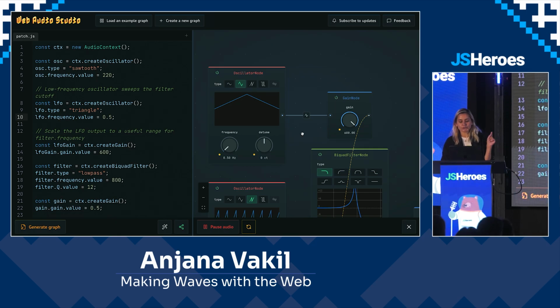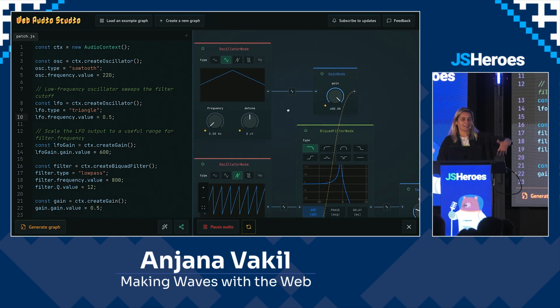So what we're going to first do is scale up the amplitude of this signal with a gain node. We've got another gain here that's called LFO gain. Set that value to something audible, in this case 600. And so now the LFO by default is going from +1 to -1, +1, -1. We're multiplying that by 600 to get +600, -600, +600, -600.